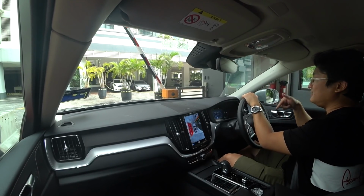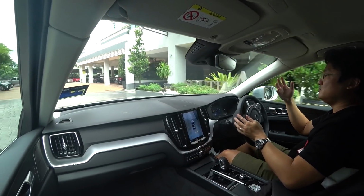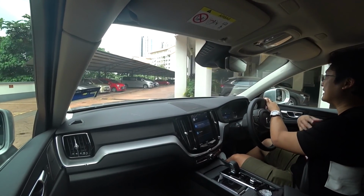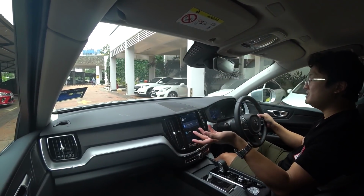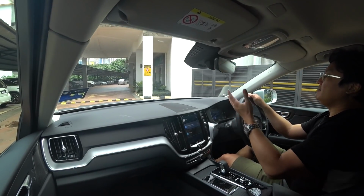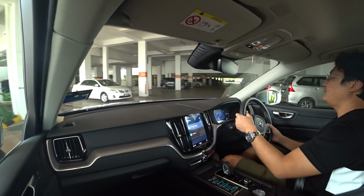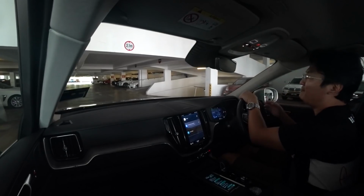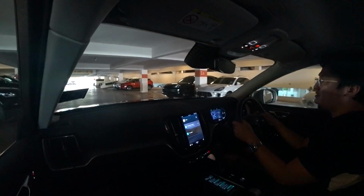Because, see the 48 volt system, right? It kicked in, killed off the engine immediately, and then even when it starts back, there's no indication. A lot of people are already accustomed to the fact that, oh, my previous car, which was a cheaper car, doesn't have paddle shifters, but then my newer car, which is a more expensive car, actually has paddle shifters. The fact that now even Mazdas, Hondas and Toyotas and all this, they come with paddle shifters, right? It doesn't make sense for a premium car maker to not put it in. Just leave it there. Whether people use it or not, just leave it there. Just not have the option to remove paddle shifters. That is like the basic now, okay? So other than that,